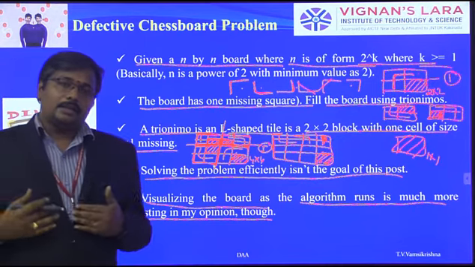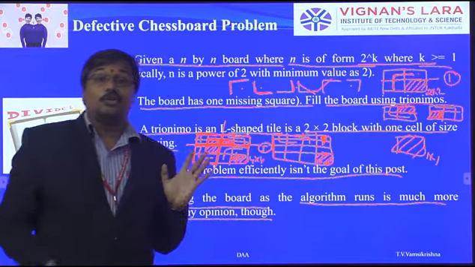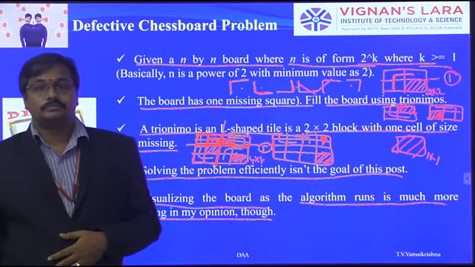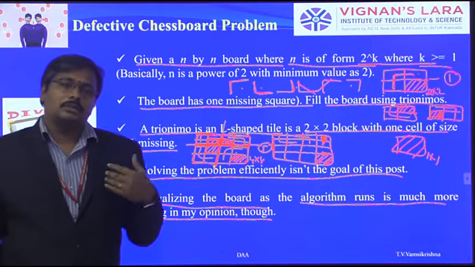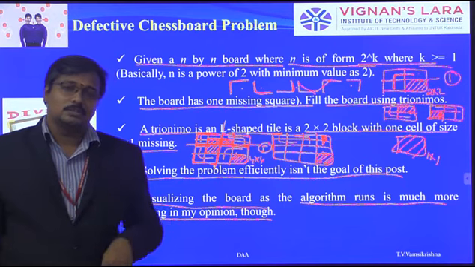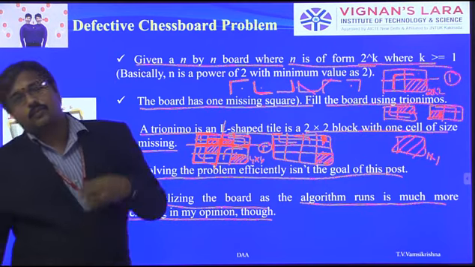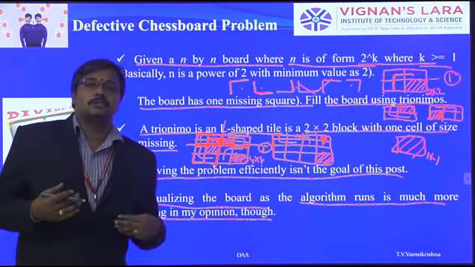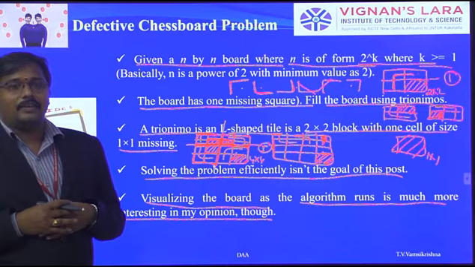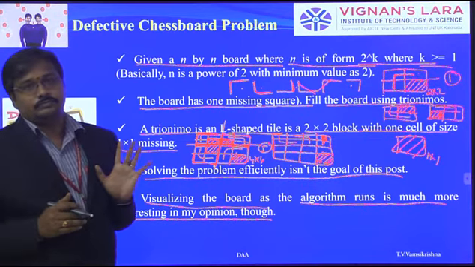So when we take the 4 by 4 chessboard, we need to divide it into four 2 by 2 chessboards, and we want to do a similar kind of operation. Suppose we want to take the 8 by 8 chessboard, we first divide it into 4 by 4 chessboards. Then each 4 by 4 chessboard is again divided into four 2 by 2 chessboards, and we want to do a similar kind of pattern. That is the way we are applying the divide and conquer approach to this problem.